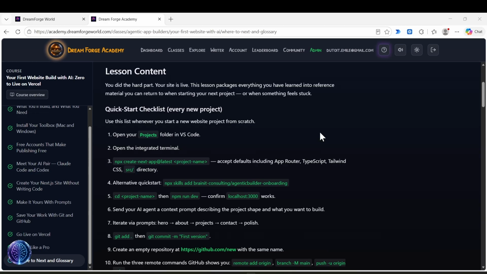So try it out and adapt it and adjust it, make it your own. It'll be freely available. This one is called npx skills add brain IT consulting / agentic builder onboarding. And you can find it at skills.sh and many others.